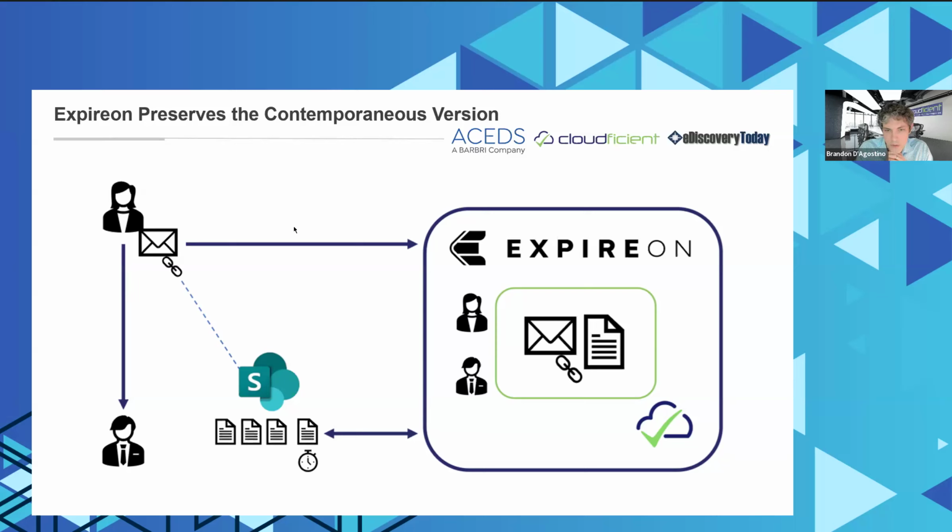And this happens within a minute or two, so generally you're not going to run into a situation where the file's not there. We grab that and pull it in, and we create a relationship within Expiron to store and preserve it. No matter which custodian, Sarah or Joe, you preserve on legal hold in Expiron, they're both going to be associated with that conversation, with that email. So it deals with that preservation challenge that you were talking about earlier, Doug, where I put Sarah on legal hold, or I put Joe on legal hold.